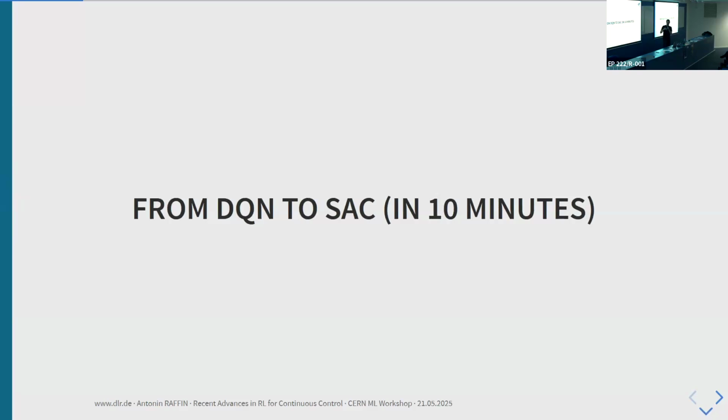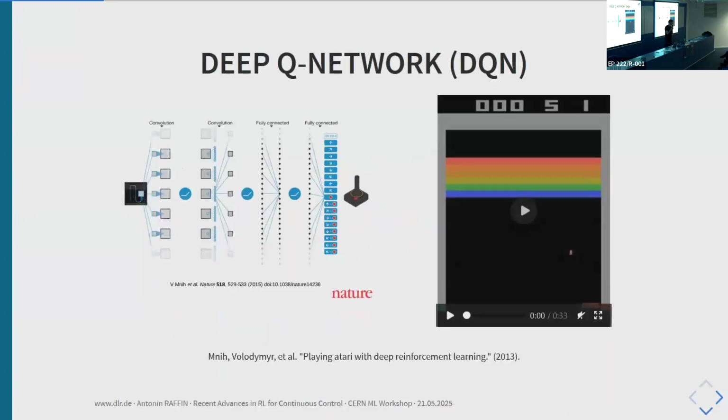So the goal for me is to bring you from the Deep Q Network algorithm to SAC in 10 minutes. But let's go back to the basics. So the Deep Q Network, or DQN for short, was introduced in 2013, 2014 by DeepMind, and it was quite of